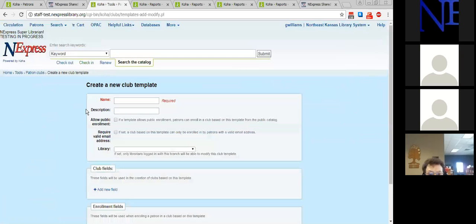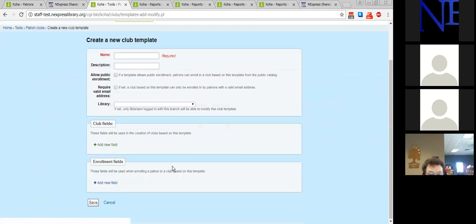But to create a new template, you have to give it a name, and you have to decide what kind of questions it's going to ask when people enroll. And you can make the clubs public so that patrons can enroll in them themselves, or you can make them staff only so that only staff can manage the clubs. You can also limit them to a single library, which